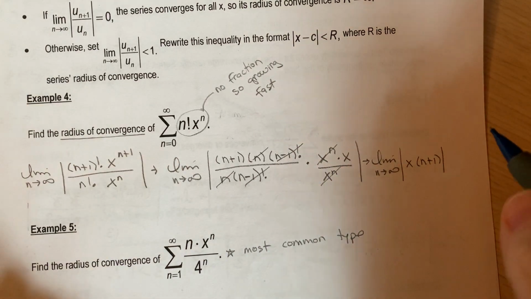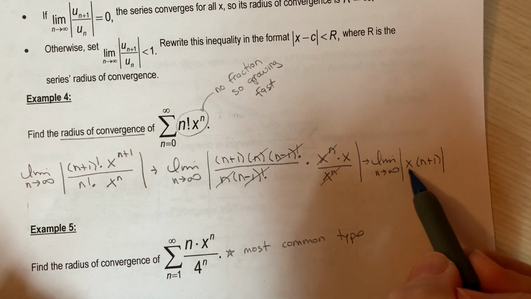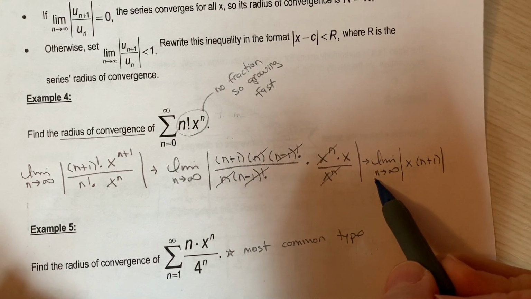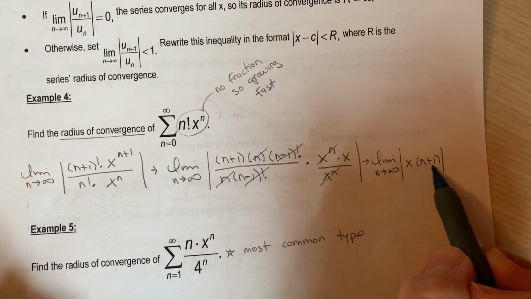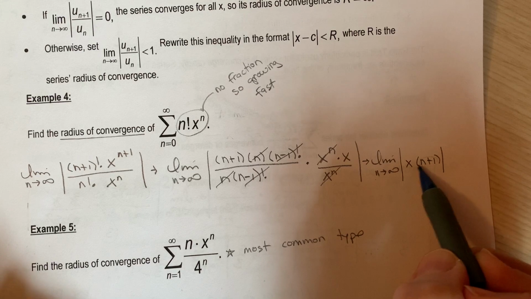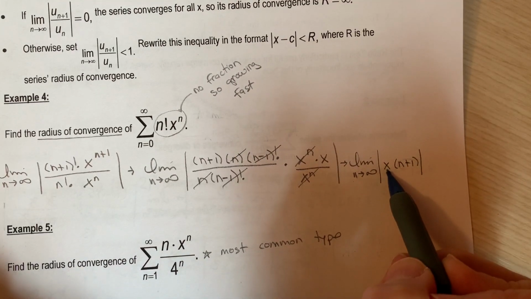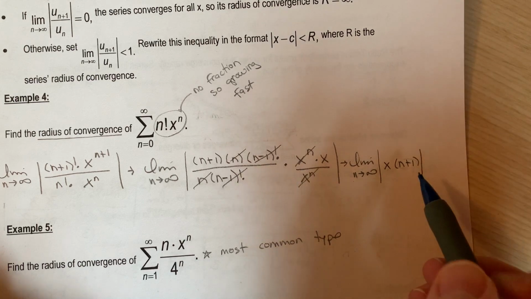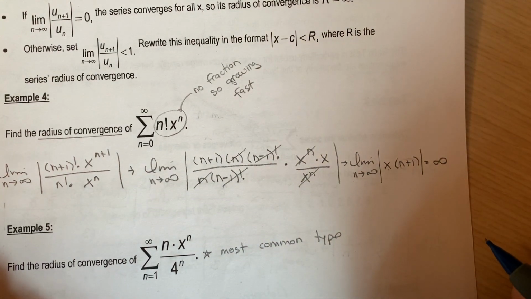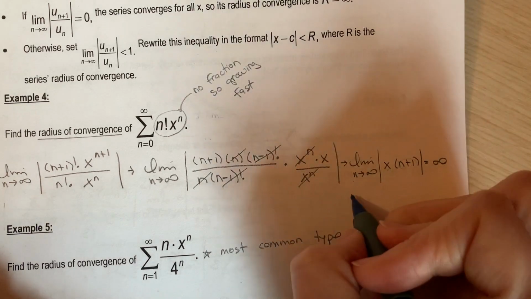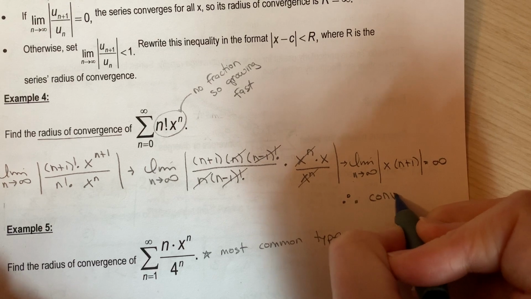Okay, now be careful. This is n approaching infinity. Don't start plugging in infinity here. This is n approaches infinity. So if n approaches infinity, this term would become infinity, and my limit, whatever my x value is, remember it's just a number, infinity times an x value would be infinity. So if your limit equals infinity, you would say this series